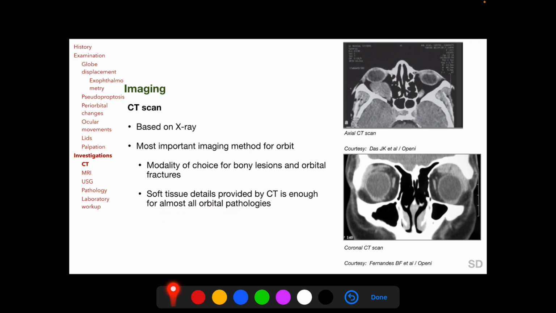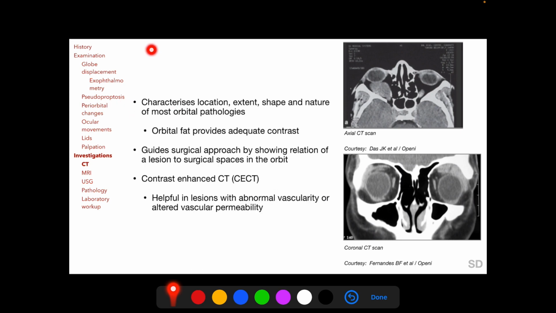So CT scan is sufficient as an imaging technique for almost all orbital situations. CT scan is able to characterize location, extent, shape, and nature of most orbital pathologies, because radiolucent orbital fat provides adequate contrast. It may also help to guide surgical approach by showing relation of a lesion to surgical